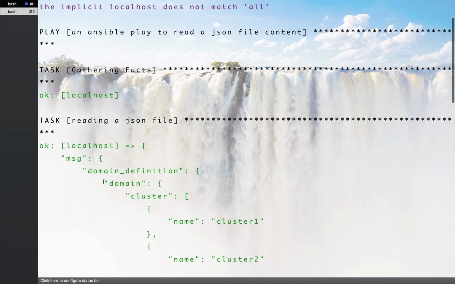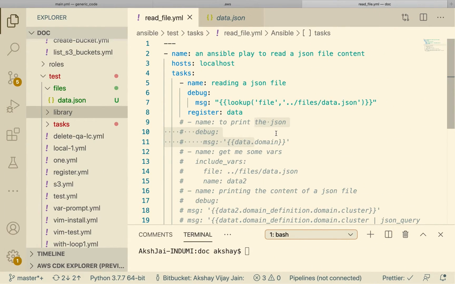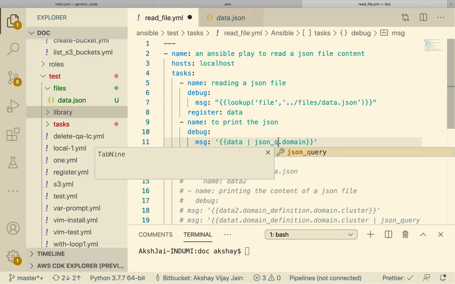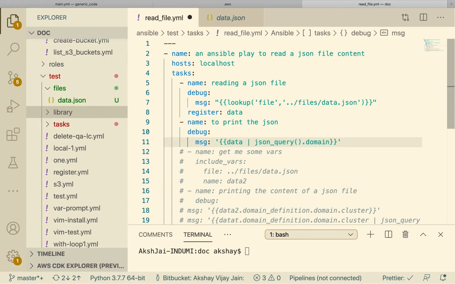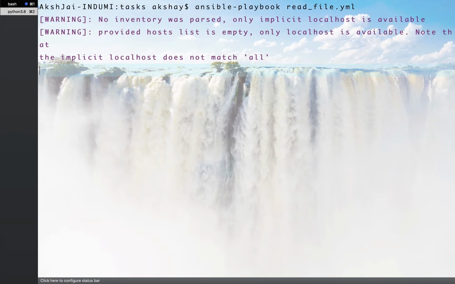Okay, so we are going to read the property domain_definition from this object. Let's use the second debug module and write data dot. We have to use the json_query filter for that, and it will be star.domain. Okay, so let's do that. Clear the console.